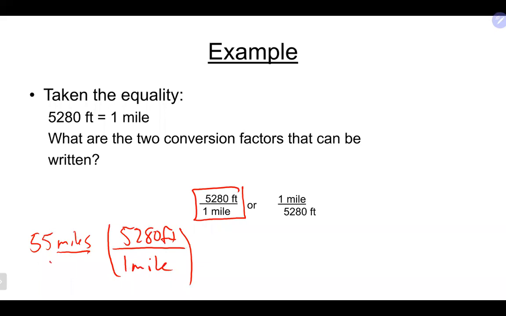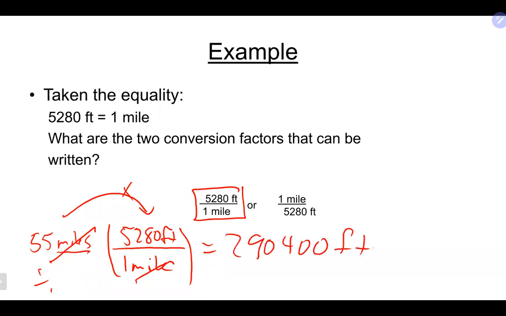Once again, miles on top and miles on the bottom will cancel each other out. And we're just going to multiply here and technically divide by the bottom, although it's 1, so you don't really need to do it. So that is 55 times 5280. We get a big old number there,